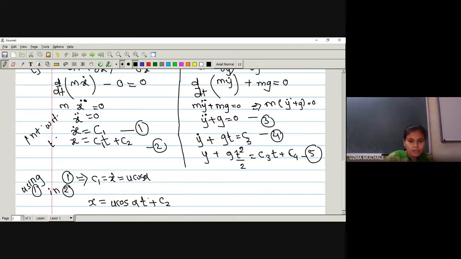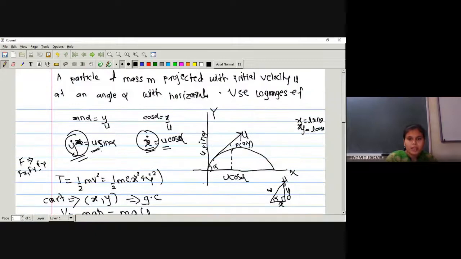Now how do we find the value of C2? For that, let me write down using the initial conditions. So we are now going to use the initial condition. Let me solve this equation afterwards. So at t equal to 0, what will the above equation be? At t equal to 0, what will be the value of x? At t equal to 0, where are you? At the origin, right? If there is no time, at the initial time, you are at the origin. X and y both are 0. At t equal to 0, you are at the origin.